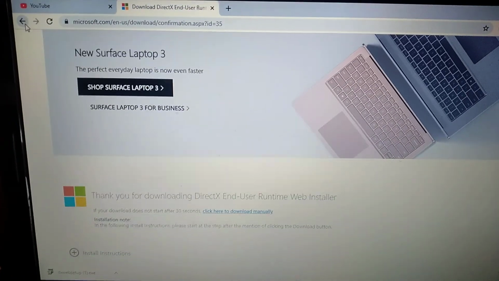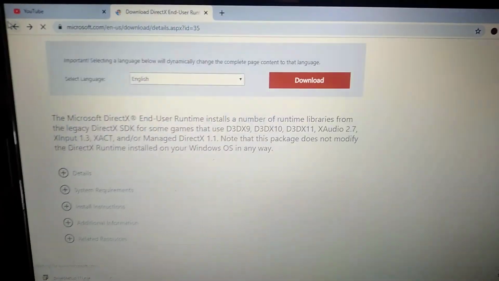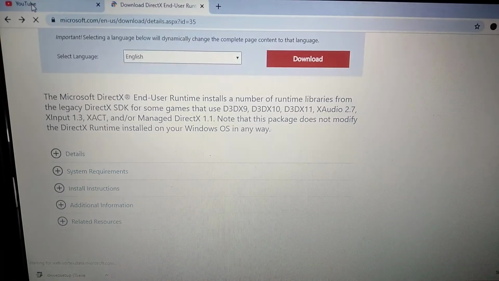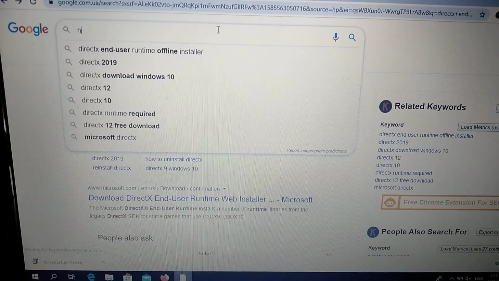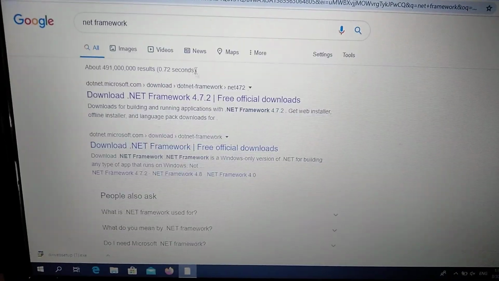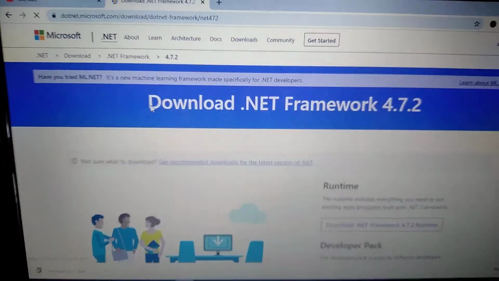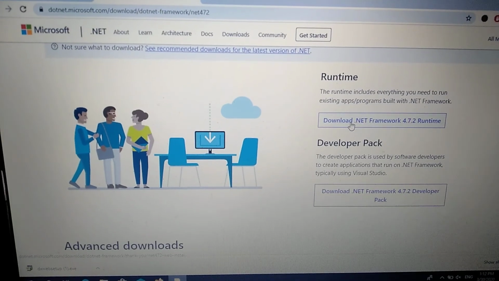So after we download it, we go back to Google, and in Google we write .NET Framework. So here you can see it. Choose the official dotnet.microsoft.com, the official Microsoft site. Check it and choose here download .NET Framework